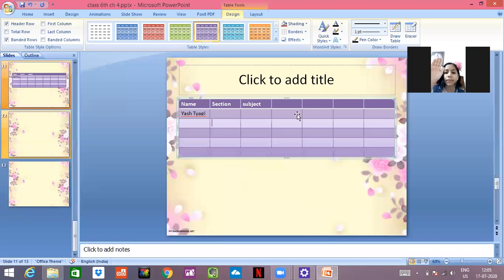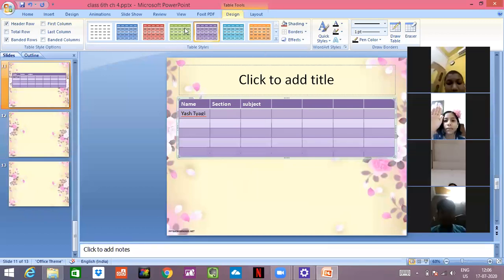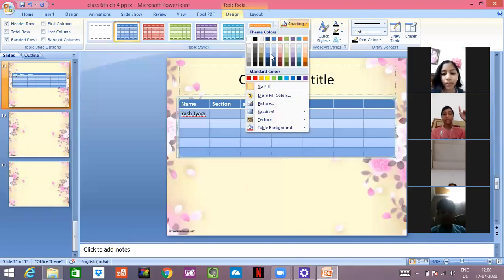Okay, good. So let's move to our next topic. That is table tools. These are only the table tools. Why are these called table tools? These are called table tools because you can change the color of the table. Like I want to select this blue. This is a tool which we are using to get the effect. For example, I want this shading to be changed.